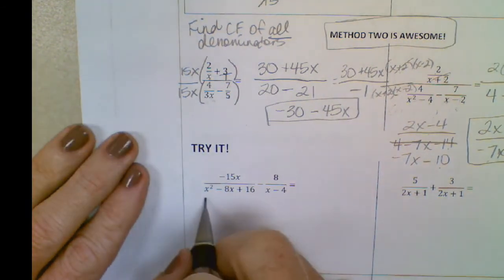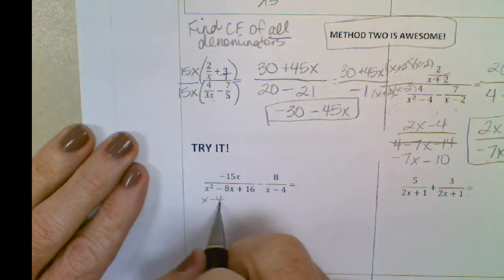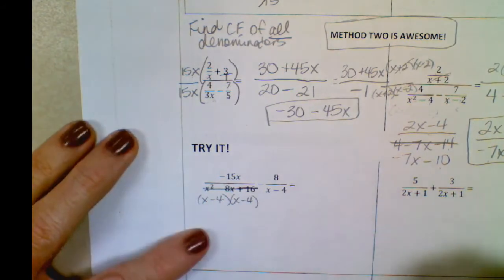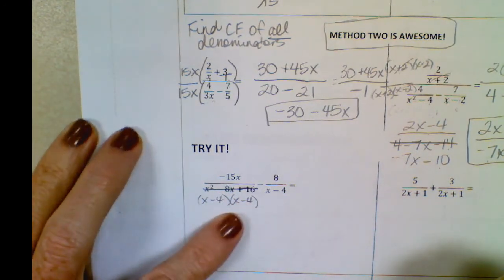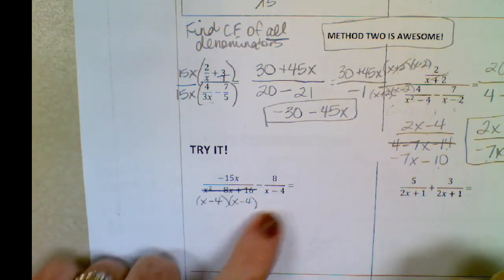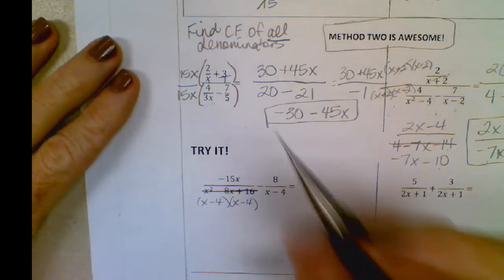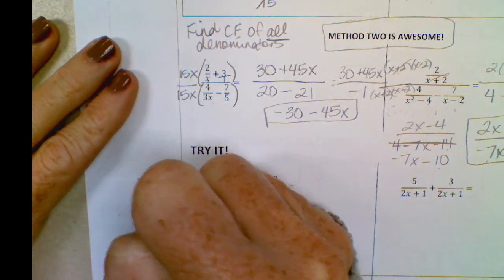Okay, so let's factor this. We get x minus 4 and x minus 4 is the same as that x squared minus 8x plus 16. So this x minus 4 can go into x minus 4 times x minus 4, obviously. So this is now my common denominator. I'm going to multiply top and bottom